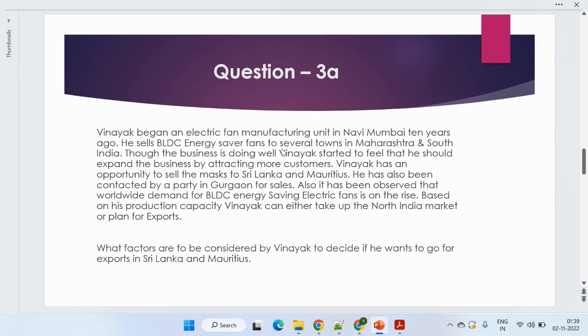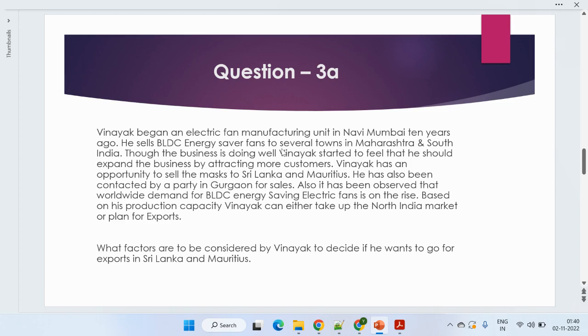Vinayak has an opportunity to sell the fans to Sri Lanka and Mauritius. He has been contacted by a party in Gurgaon for sales. Also, it has been observed that worldwide the demand for BLDC energy saving electric fans is on the rise. Based on his production capacity, Vinayak can either take up the Northeast market or plan for the export. What factors are to be considered by Vinayak to decide if he should go for the export to Sri Lanka